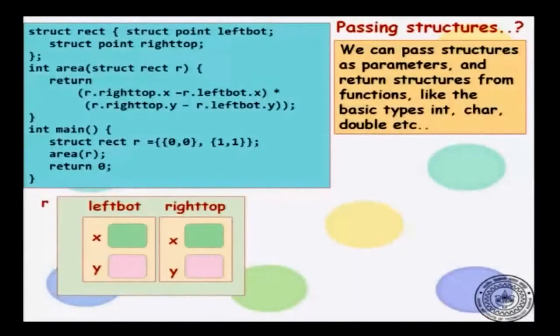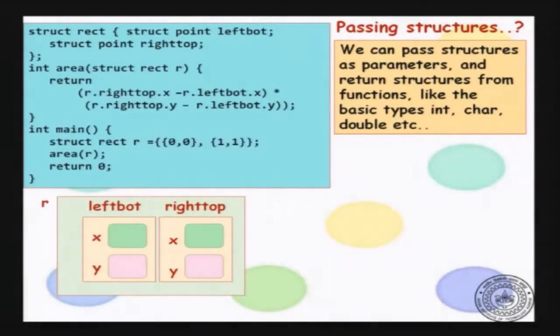You know that for a basic data type you can define a pointer to that type. I can declare int star or char star and so on. Similarly, does it make sense to talk about struct point star, for instance? Let us look at an example where it makes sense. Let us go back to the example of struct point and struct rectangle from the earlier lecture. Let us say that struct rectangle has 2 points, left bottom and right top, and both of them are struct point. Now, we want to calculate the area of a rectangle.